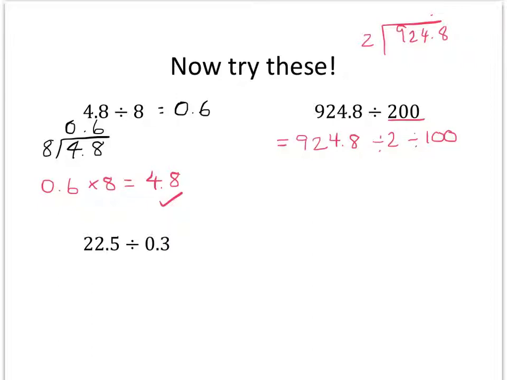Okay, line up my decimal. 2 goes into 9 twice with a remainder of 1. 2 goes into 12 6 times. 2 goes into 4 twice. And 2 goes into 8 4 times. So 924.8 divided by 2 is, oops, sorry, you probably noticed I made a little mistake there. I should have had a 4 up there. Sorry about that. So 2 went into 9 4 times, not twice. So 924.8 divided by 2 is